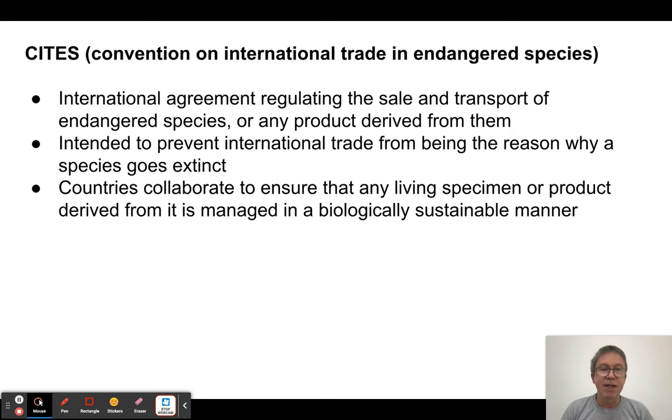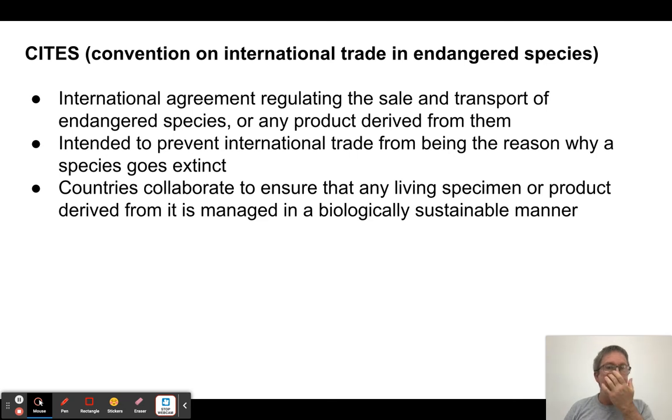And then there's CITES. That's how you pronounce this one, CITES, okay? I had to look it up on Google because I wasn't really sure. All right, so the Convention on International Trade in Endangered Species. Again, we just talked about this in this unit, but the main thing is this is yet another international agreement. So I think we have three of them, right? We have Montreal, we have Kyoto, and we have CITES, okay? And CITES is all about, again, protecting species from extinction.